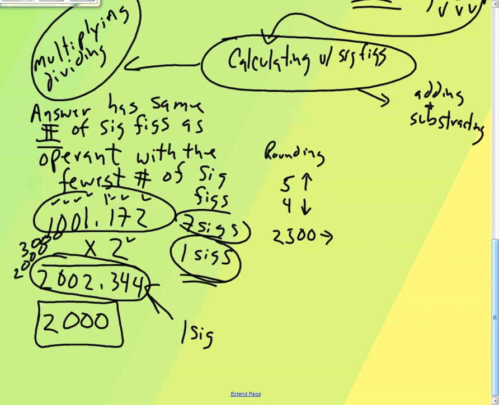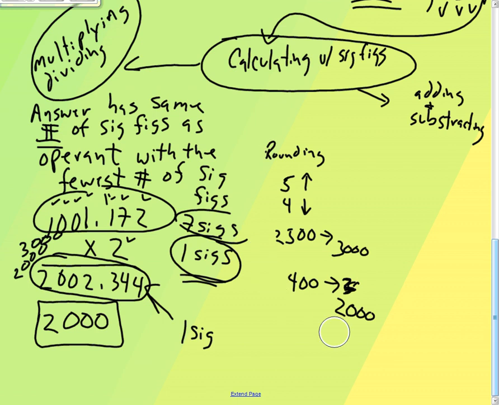We would round that up, and we'd round it to 3000. If I had 2400 and I'm rounding that, I round that down to 2000 for 1 sig fig. Got it? Okay,